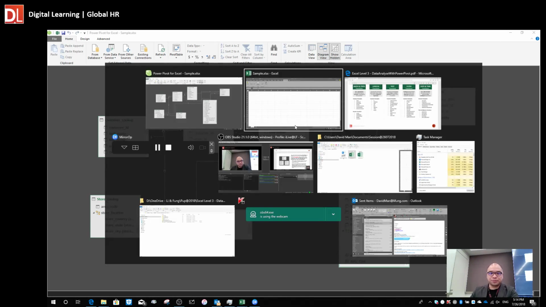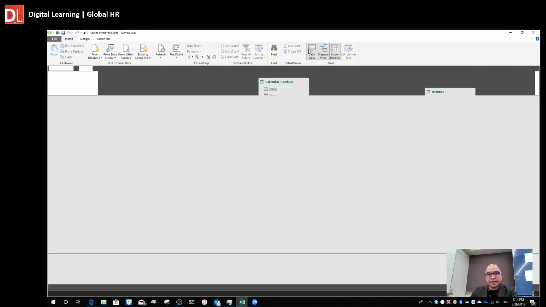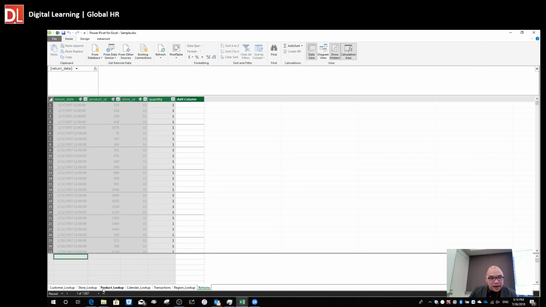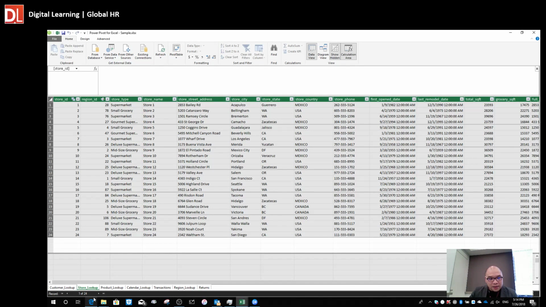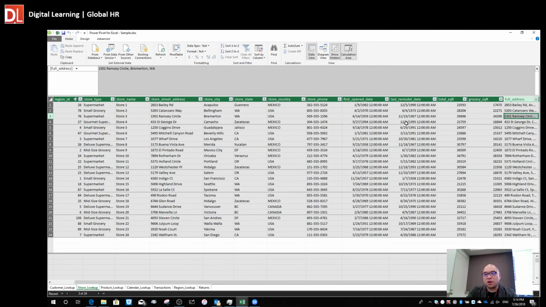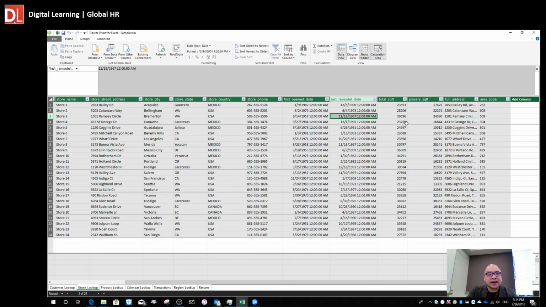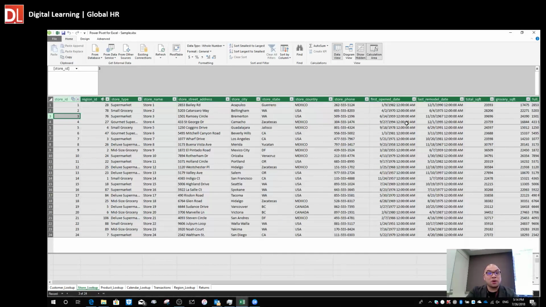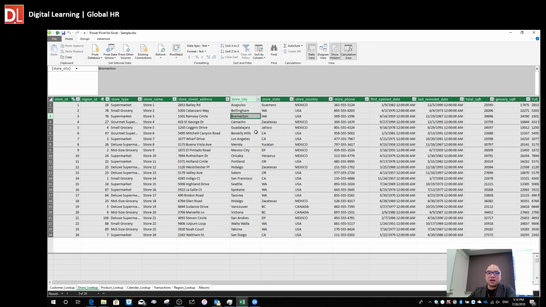For example, here I've got the store lookup. Here is the store lookup. Altogether we have different stores. Here, in the store lookup, if I say I would like to add some calculation to count the number of stores,